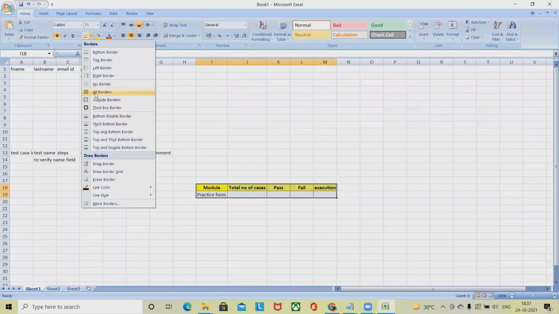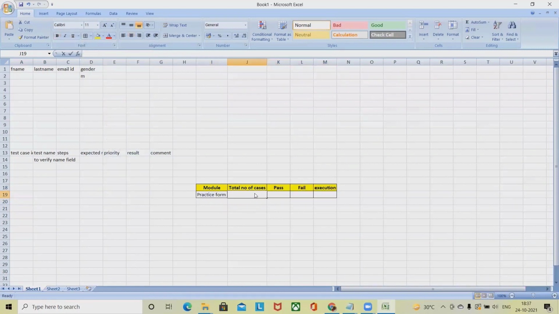If you are adding more fields here as a part of functionality, you can. Let's consider the practice form will have 67 test cases, out of which only 36 cases are passed and the rest all moved into failed.